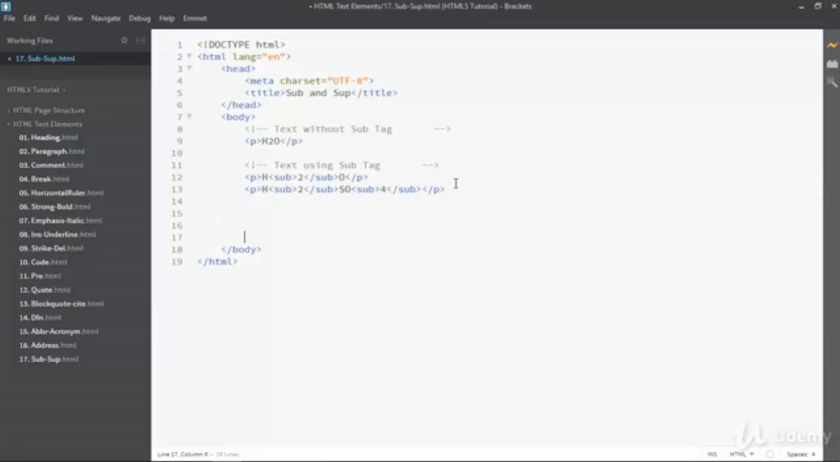Here I'm writing comment again for text without supertag. Here again I am going to create one paragraph and here I am writing suppose one mathematical formula, A plus B